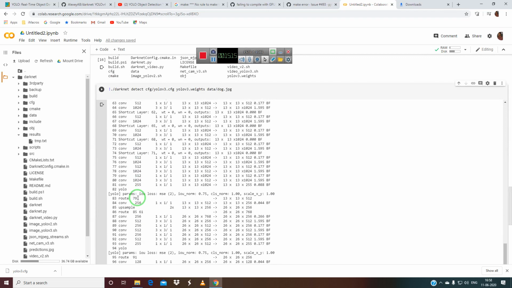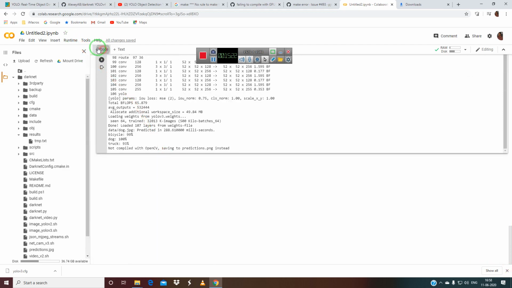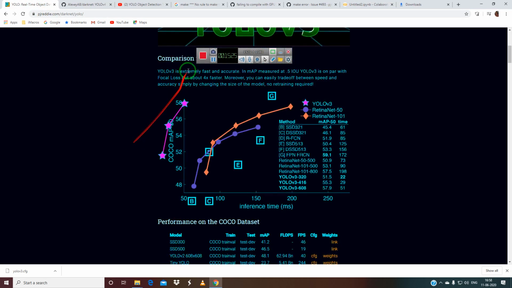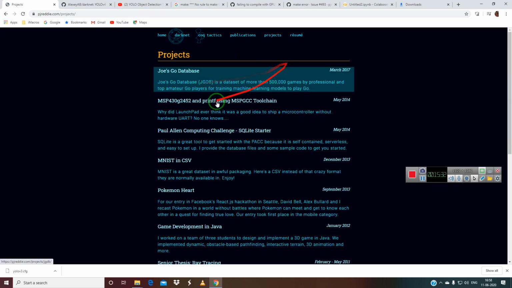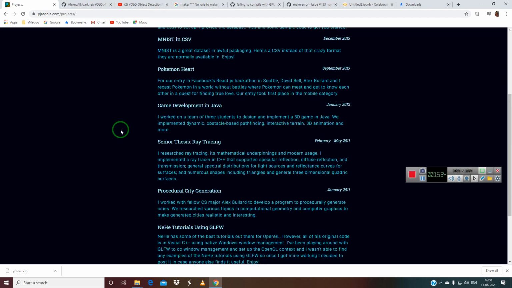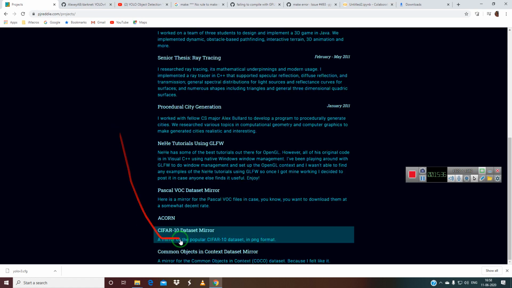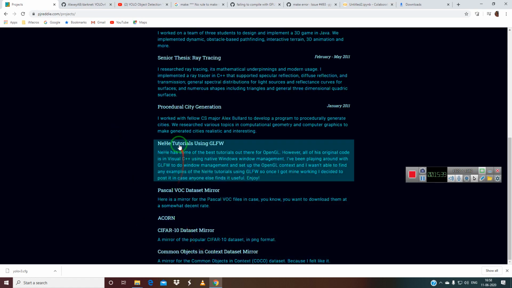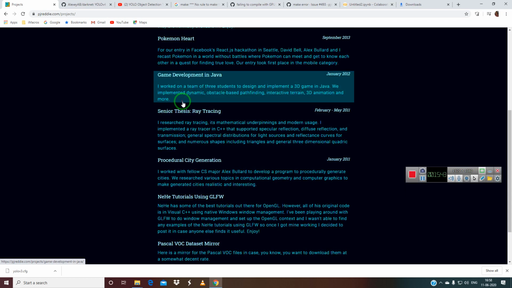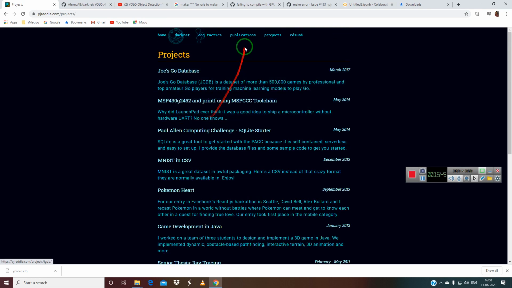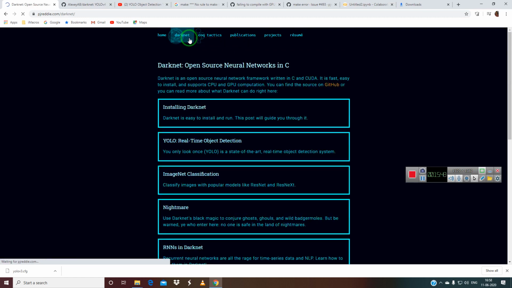Another thing I have to say is this. You can go here to the projects where you have these haunting images: common data text, Pascal VOC, procedural city generation, ray tracing, and not this one, darknet.